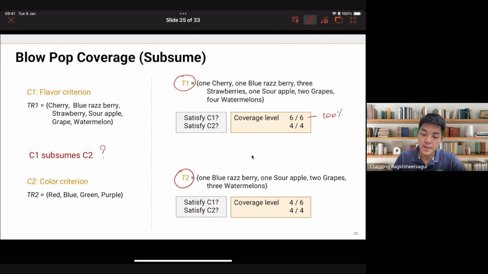It satisfies C2 also with 100%. The second one, T2, satisfies C1 only 66.67%, but it satisfies C2 for 100%. But if you apply C1,